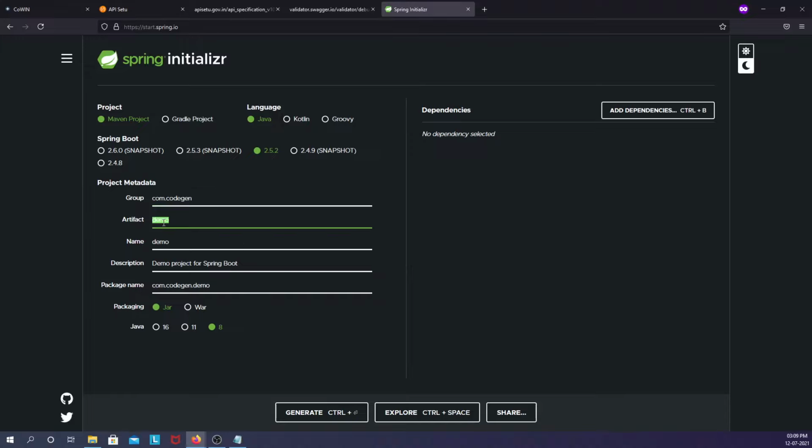com.codegen. Artifact is Covin. Since this is about consuming these APIs from a Spring Boot application, let us name it Spring Boot Covin, Covin client actually.